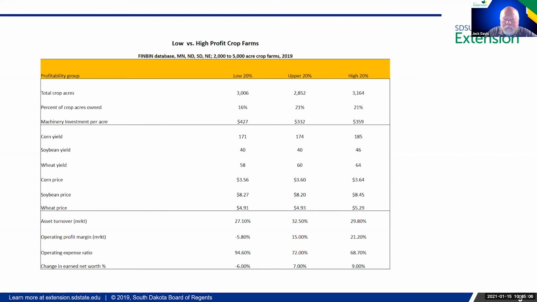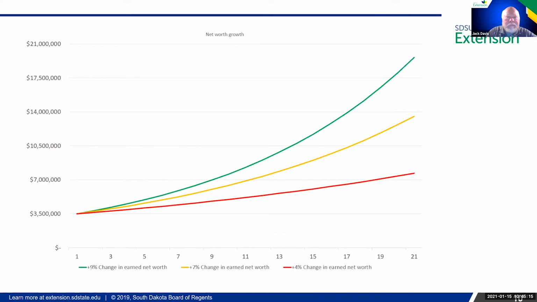in earned net worth. So I show that graphically on the next slide here, and I've also added then the mid 40 to 60. So I think we can really see as we get out to that 8 year where it really starts to separate for those that are able to keep more of what they have earned and reinvested in the business. You can see that accelerates, and they are able to double almost 3 times going through this 20 years.